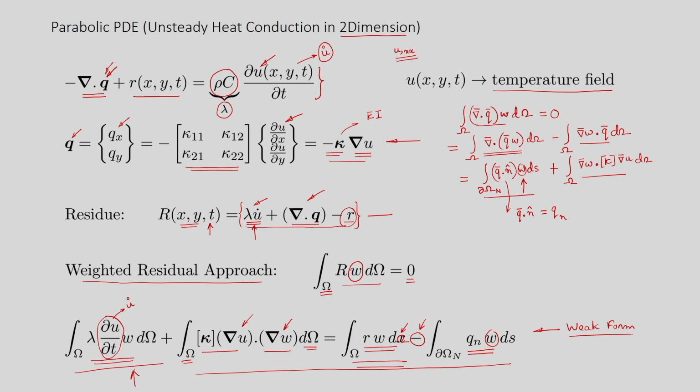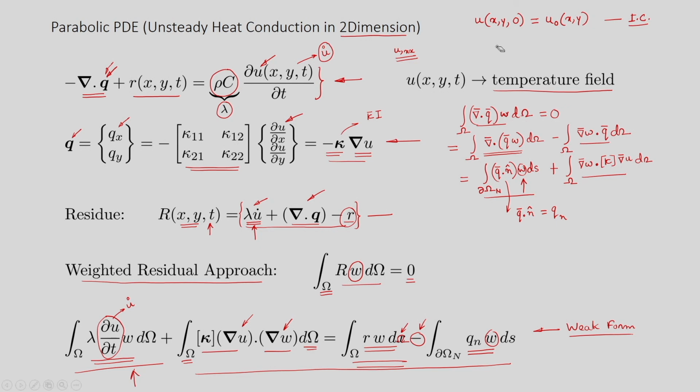Now, one thing I must mention is along with this partial differential equation we have to have conditions like initial condition and boundary condition. So, initial condition we will define as u for all x and y at time t equal to 0 is suppose u 0. So, that can vary with x and y. So, that is basically the initial temperature distribution in the domain. So, that is the initial condition.